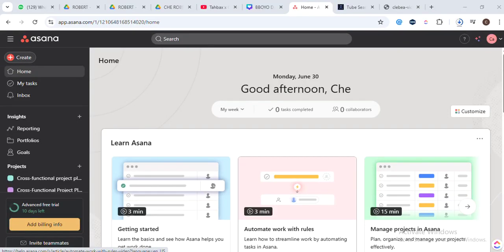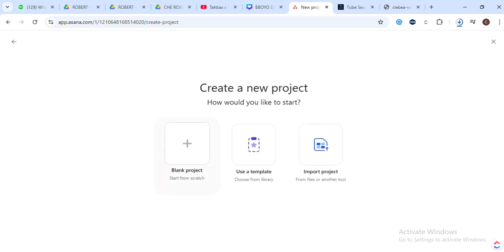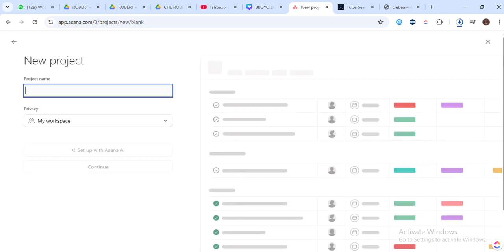Today, we're diving straight into how to manage project deadlines in Asana, your 2025 guide. Let's get started. First off, you'll need to create a new project. Click on the plus new button and fill in the required details. Now, why do we do this? Well, each project serves as a hub for all related tasks and deadlines, so it's essential to have this set